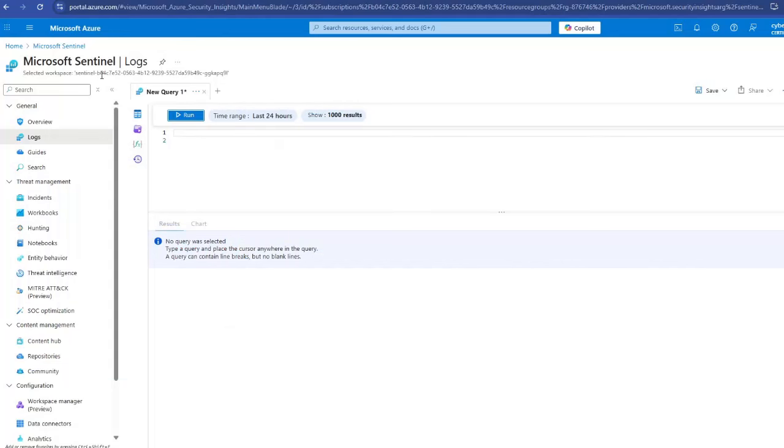So here we are at Microsoft Sentinel, and we're going to now start analyzing the sign-in logs. We explained the sign-in logs in the previous sections. Now it's time to use Microsoft Sentinel to analyze your logs. Okay. So basically, what we're going to have to do first, we're going